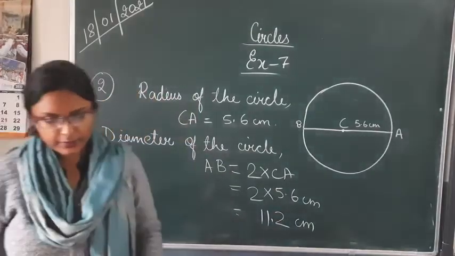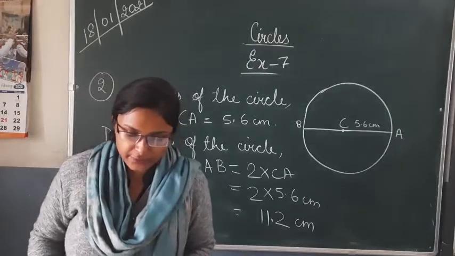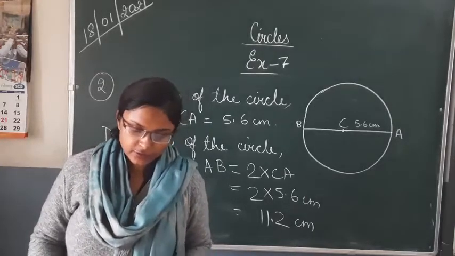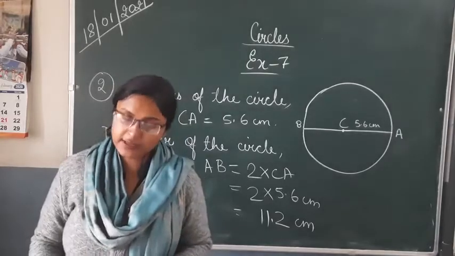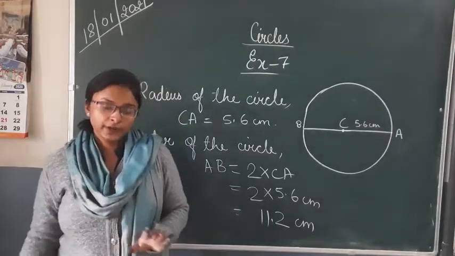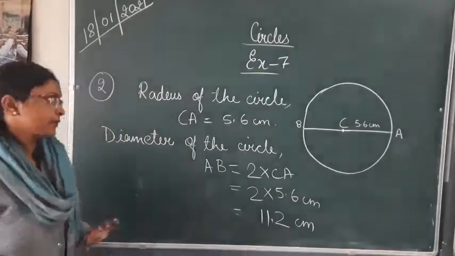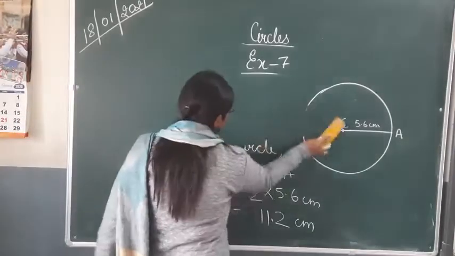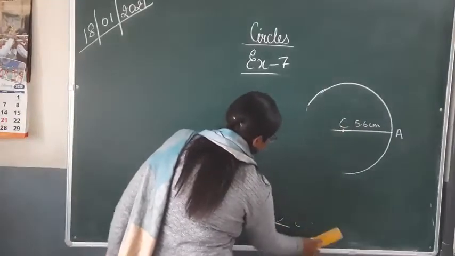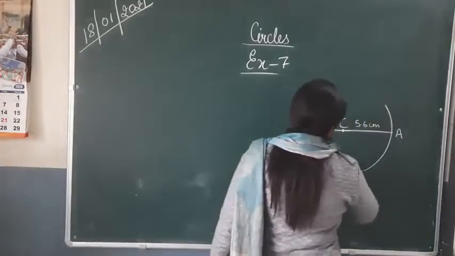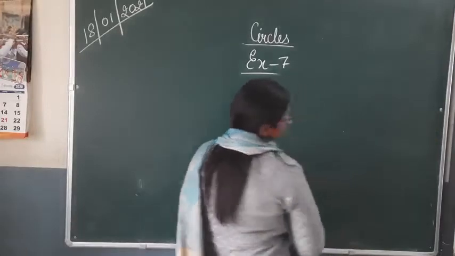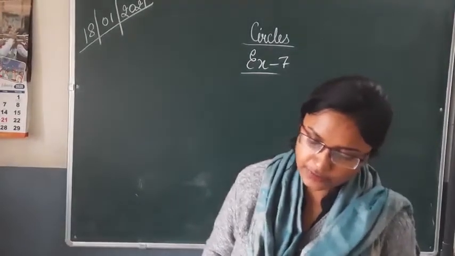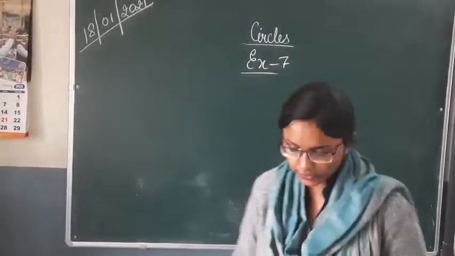Now next is question number 3. Fill in the blanks with reference to the figure of the circle with the center at O. Questions number 3rd, 4th, 5th are fill in the blanks questions, so you will not do that work in your fair copy. I am telling again, questions 3rd, 4th, 5th of exercise 7 will remain in the book. We will not do that work in the fair copy because it is fill in the blanks work. So why do it in our fair copy, right?